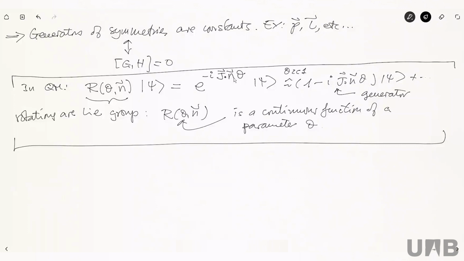So again, back to the example. Time translation, there is only one parameter, time. Therefore, there is only one generator, the Hamiltonian. Okay? Now, space translations. How many parameters do I have to define a translation in a space?